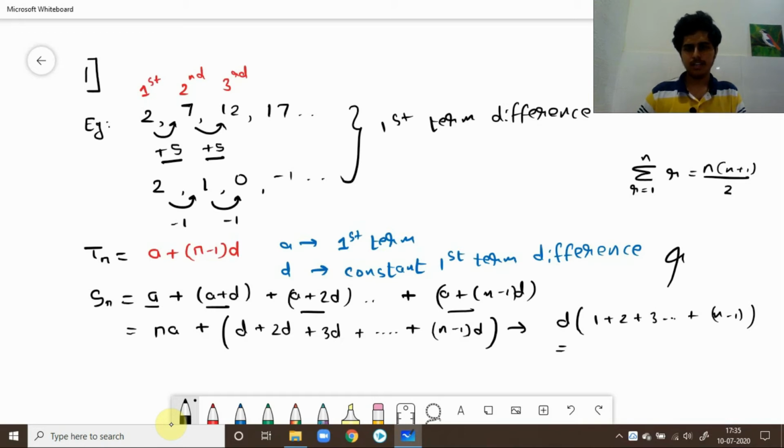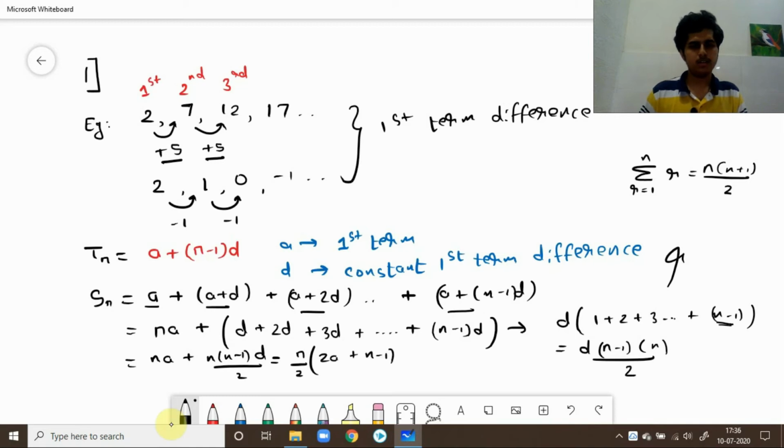So I'll get d times, but here I only have n minus 1 terms, so it will be d times n minus 1 times n by 2. Now if I club these, I get na plus n minus 1 times d by 2. Now I can take n to be common, and I'll also take this 2 outside. I don't want it inside, so I get 2a plus n minus 1 times d, and this is my formula